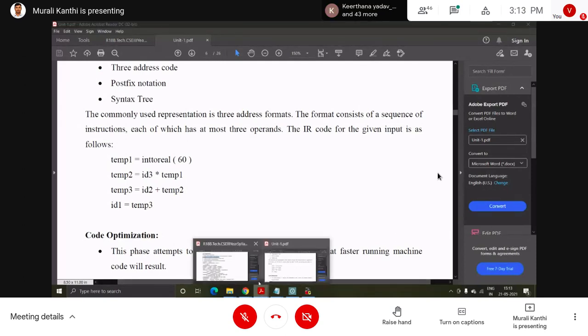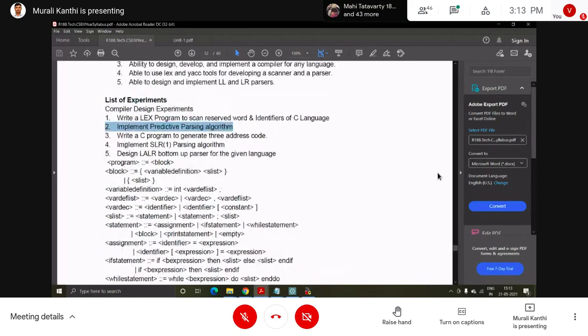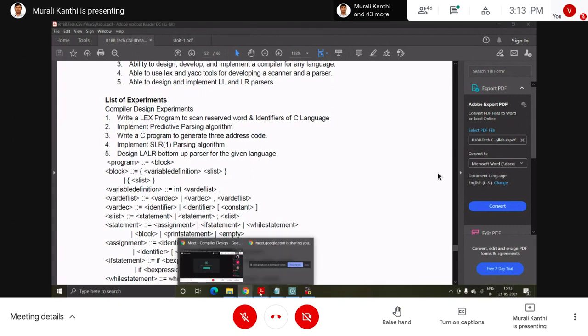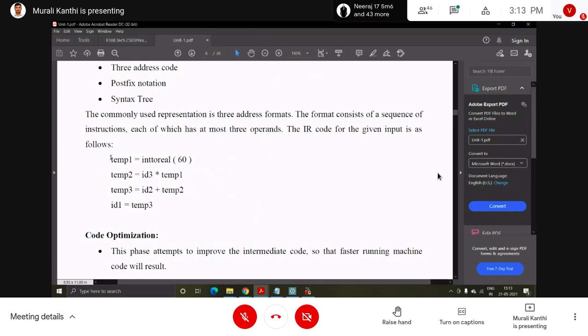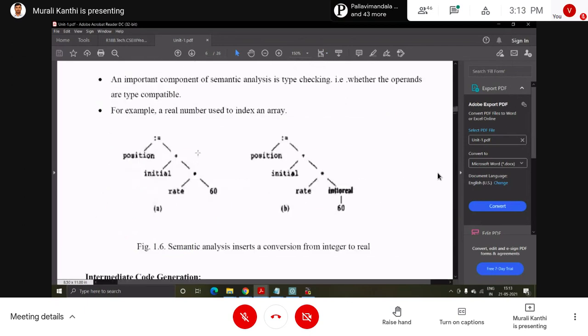So that's why in the lab, write a C program to generate a 3 address code. If any expression is given, what we have to generate is the 3 address code for that, this kind of 3 address code. The input is any arithmetic expression only.